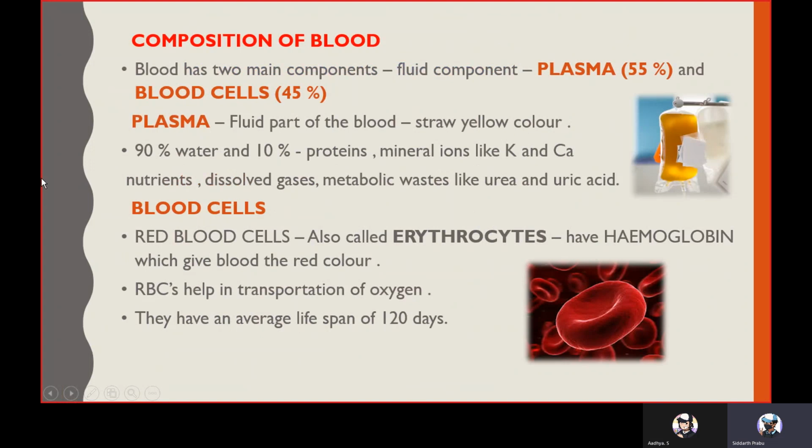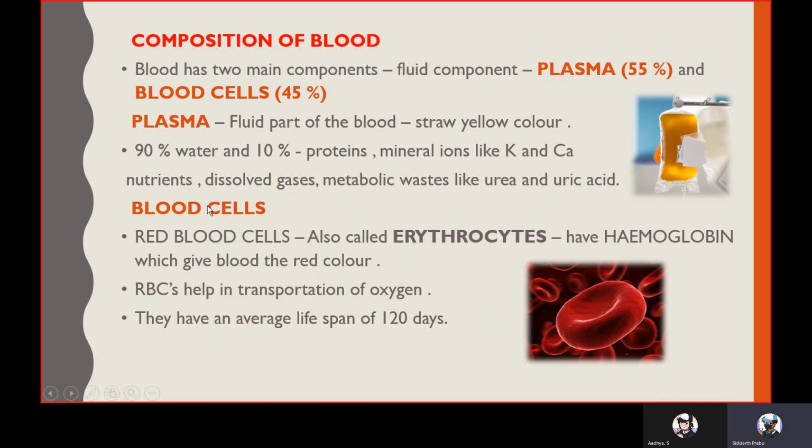Composition of blood. Blood has two components, plasma at 55% and blood cells at 45%. Plasma. It's the fluid part of the blood and it is yellow in color. It consists of 90% water and 10% proteins. It also consists of mineral ions such as potassium and calcium, nutrients, dissolved gases, metabolic wastes like urea and uric